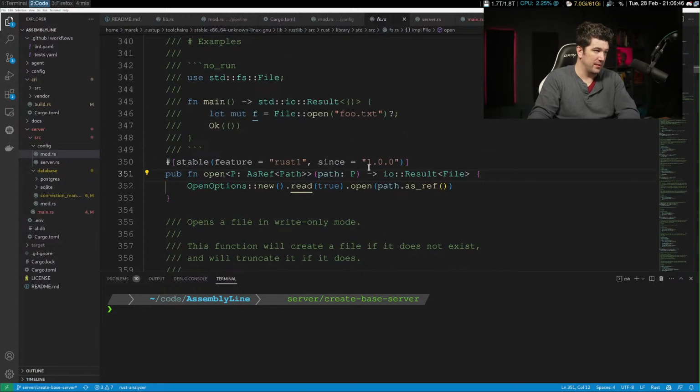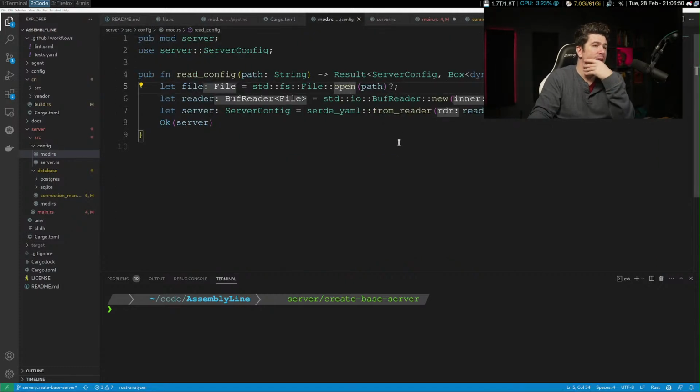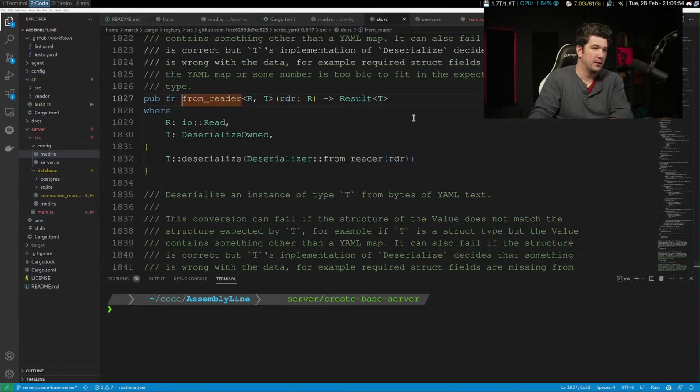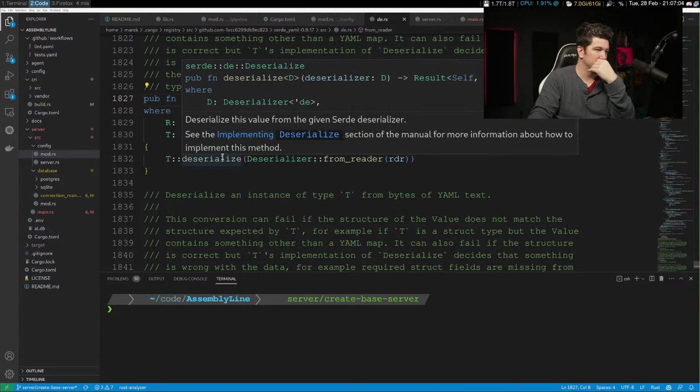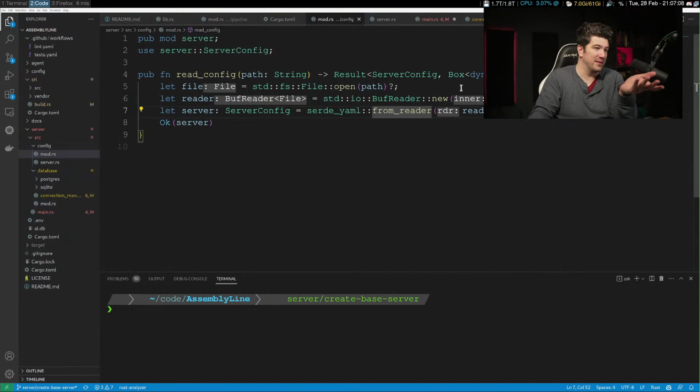Okay, so it returns an IO result. So this also returns just a different type of error. I don't know. I feel like this should be fine, right?